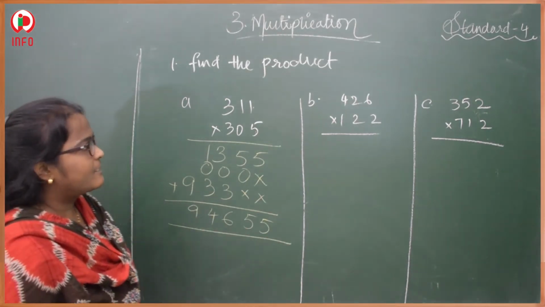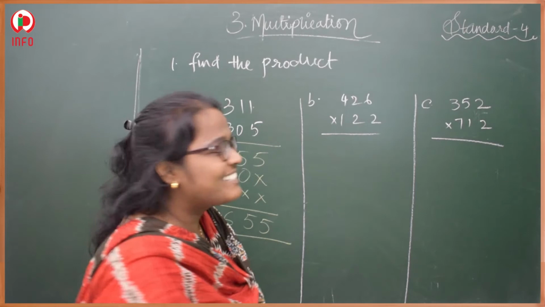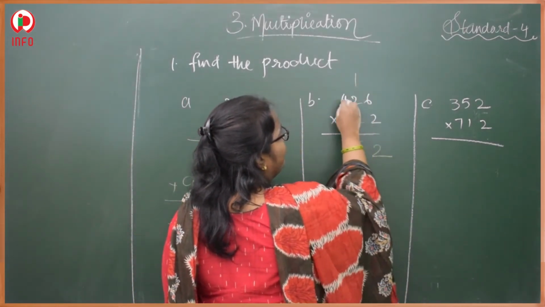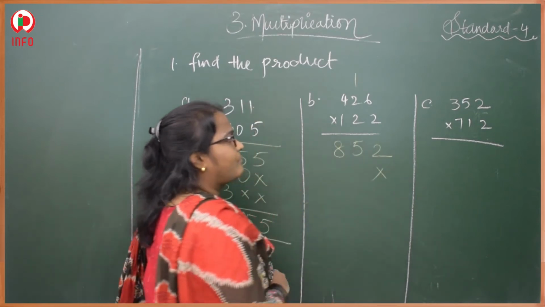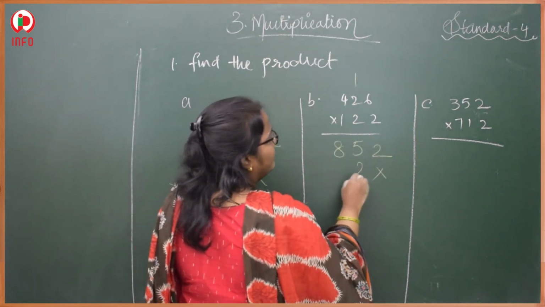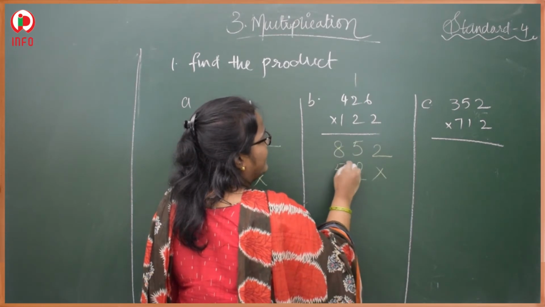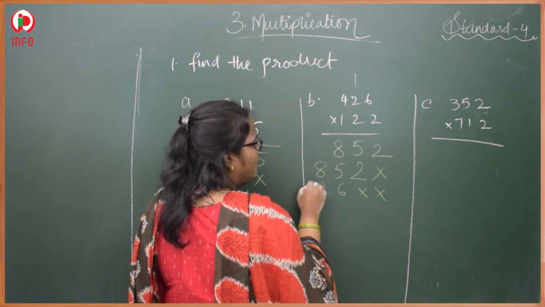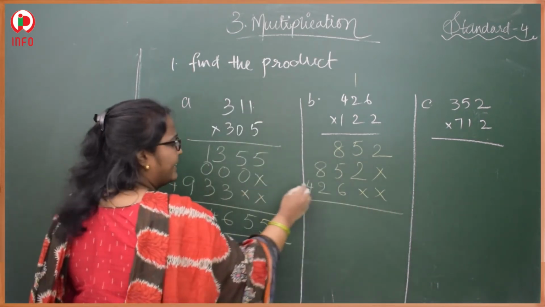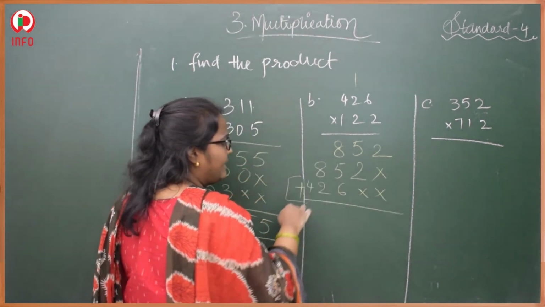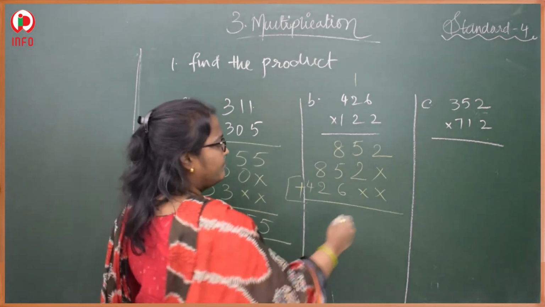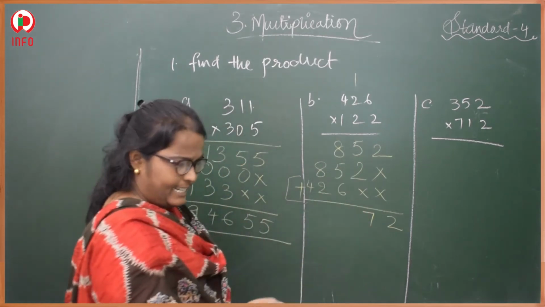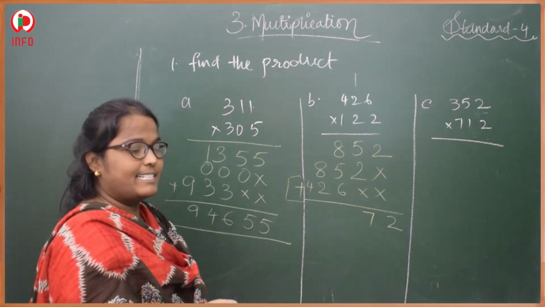Okay, guys, next. 2 table, easiest table, right? Yes. 2 6s are 12, 2 2s are 4, 5, 2 4s are 8. 4, 5, 8. 1 6 is 6, 1 2 is 2, 1 4 is 4. What we are doing is addition, so do not forget to keep the symbol. 5 plus 2, 7, 8, 9, 10, 11, 12, 13, 14, 15, 16, 17, 18, 19.